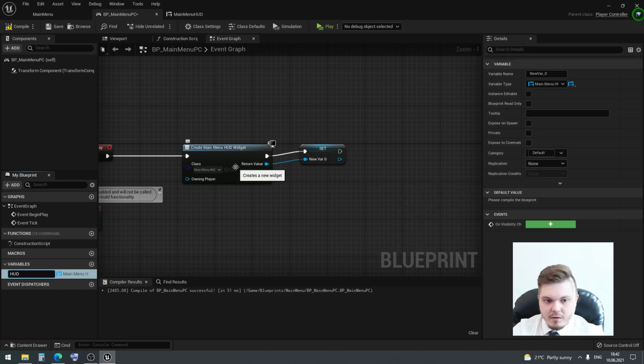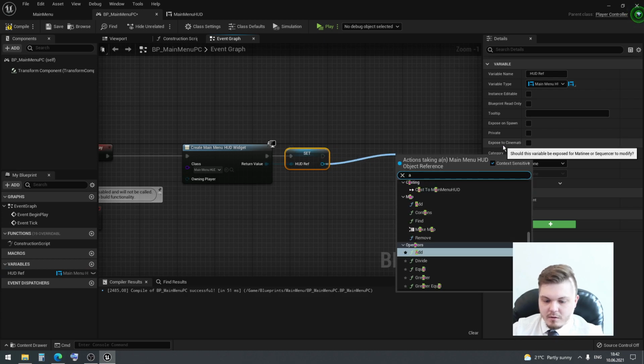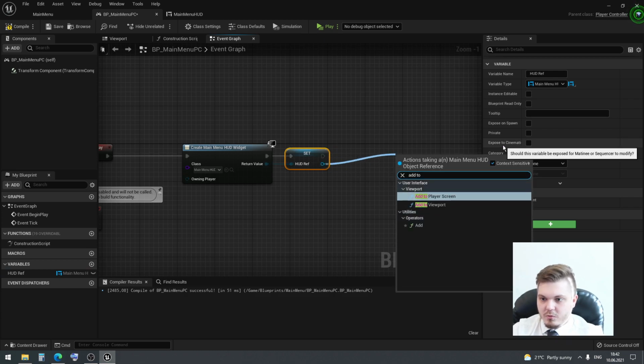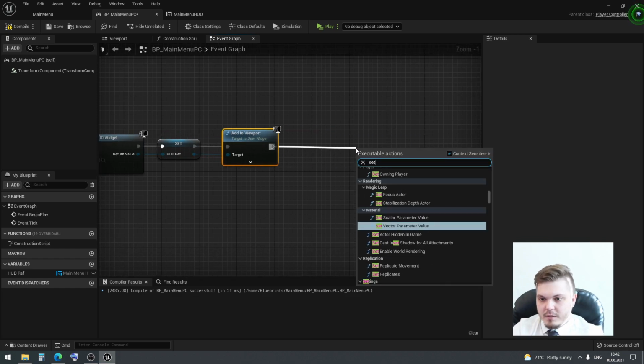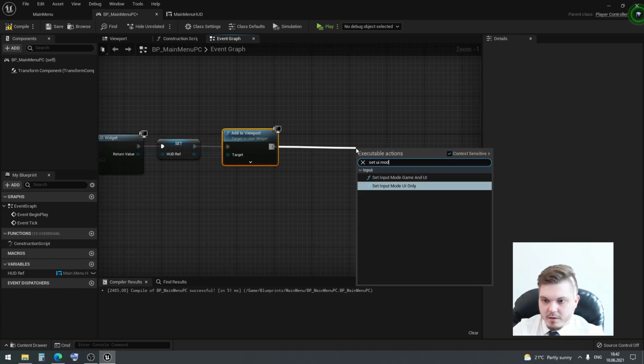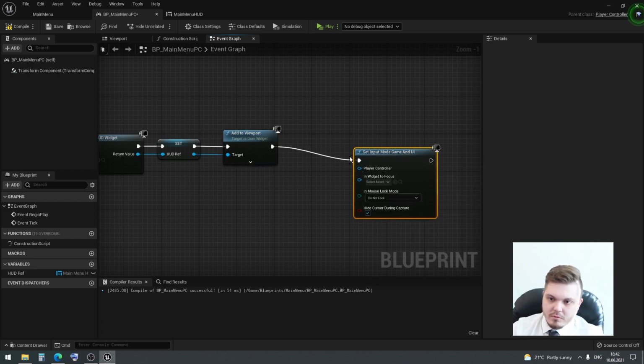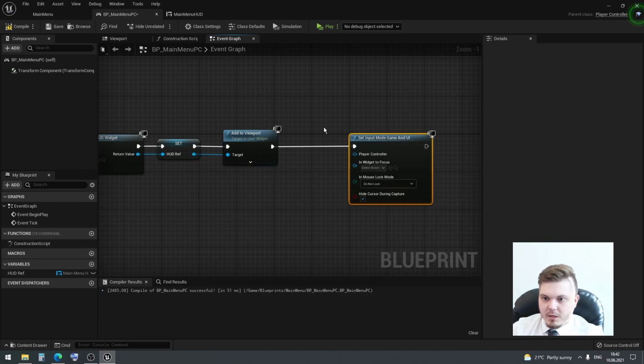It's like HUD reference, then add to viewport, and then set input mode, for example game and UI,